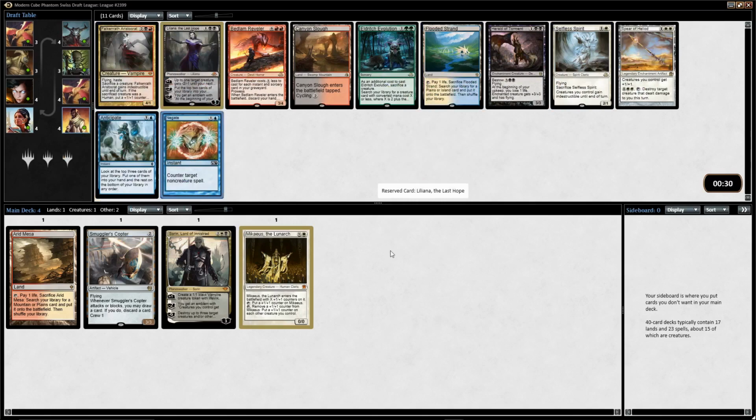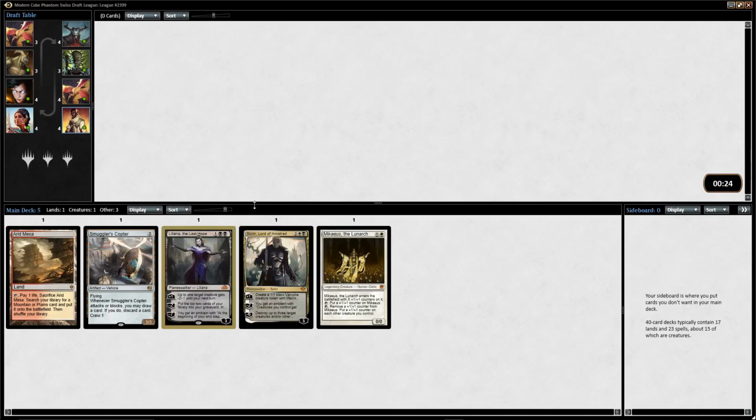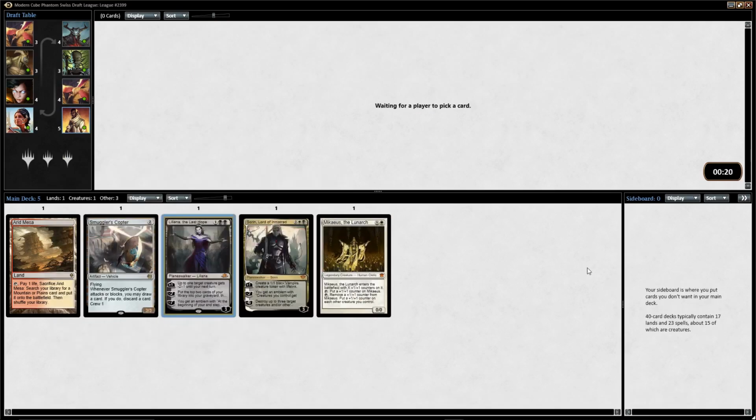Negate would be our control option, but I think the ship has sailed to be like mono blue control. I think we're just going to take Liliana. Liliana seems pretty good in this deck. It's a good finisher. So it seems like we're heading towards sort of a...